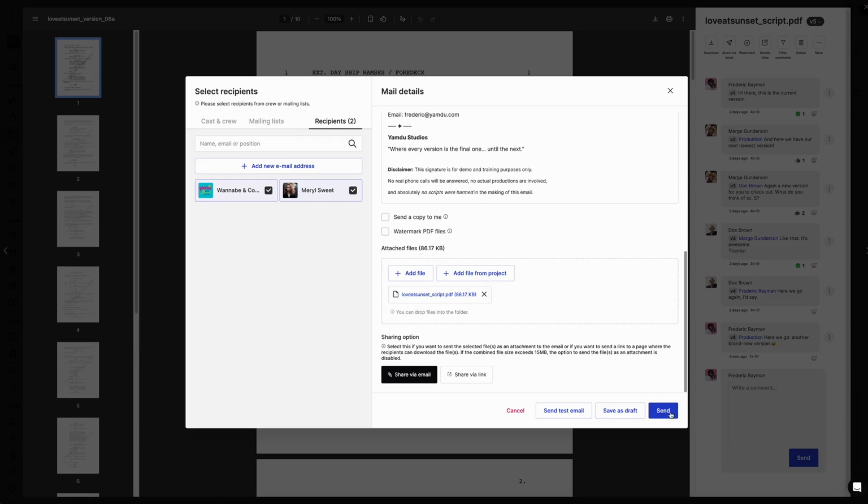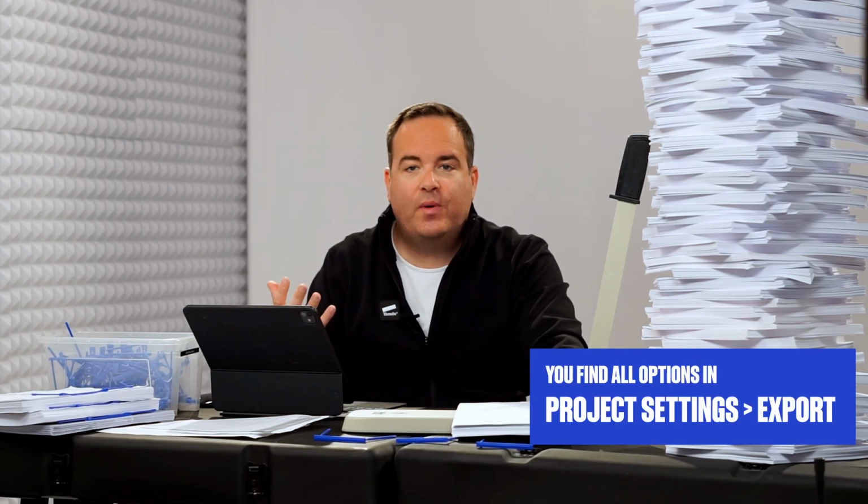Now we'll send the file with individual watermarks to all our recipients, which is great because it was just a couple of clicks for me, and it distributes to all our cast and crew members if I want. And it just takes seconds, and it has all files individually watermarked with the names of the recipients. By the way, you can also say that Yamdu should print the name in the watermark of the person who has actually distributed it or who has created a file version with a certain watermark. So that's also a way to track the origin of a distribution action.